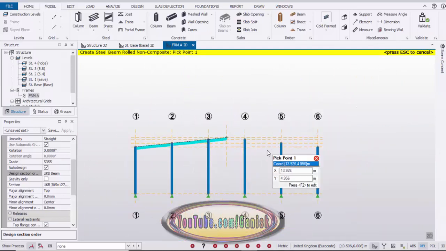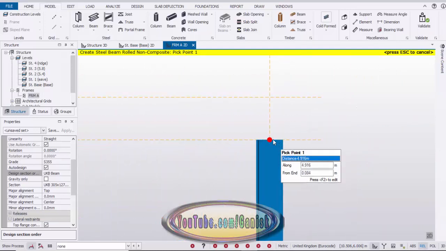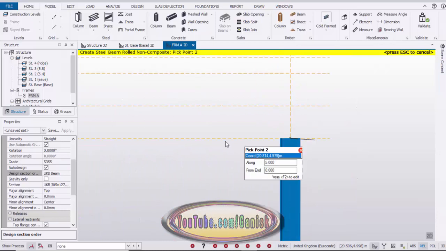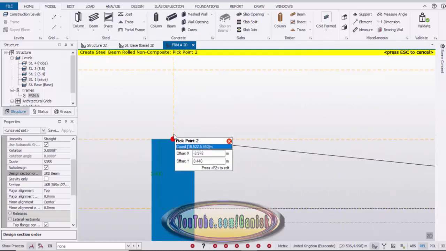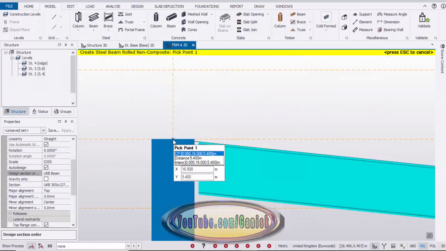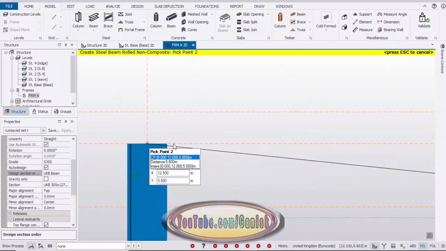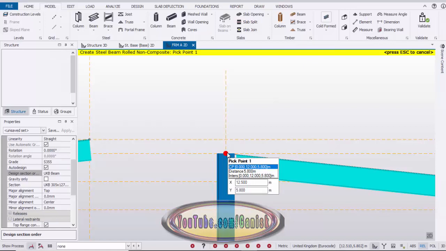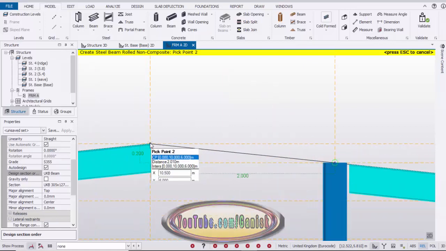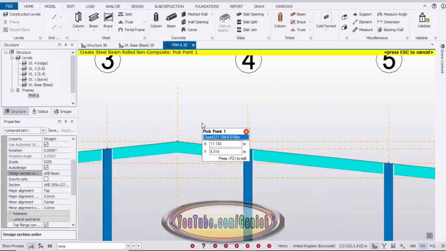Okay, you can do the same procedure from here. So pick the first point and pick the second point at here. Yeah, that's it. Now click on escape to exit the command.